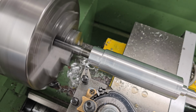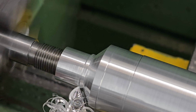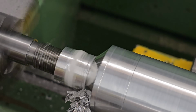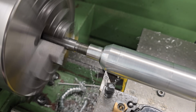With the front side done, we can start work on the back, and the first thing we need to do is remove most of the waste material. Removing the waste material just removes a little bit of weight from the actual moderator core and gives the air more room to expand. So we're just turning this end piece down to 17.5mm, and then we can stick on